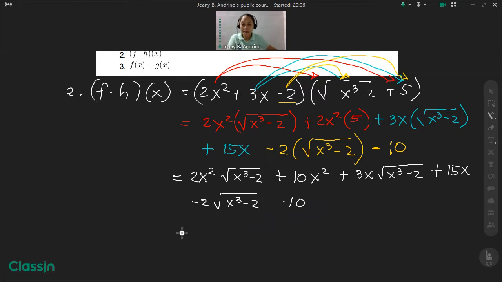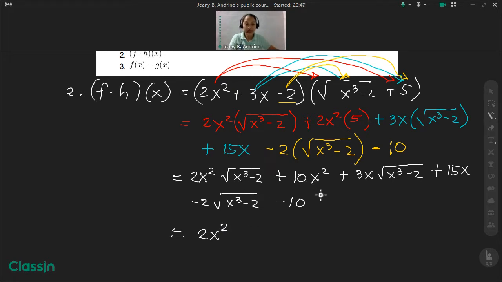So looking at combining what we can combine, the highest exponent is 2. So you may start with this one here, the 2x squared, and also with the square root of x cubed minus 2. We cannot combine 2x squared and the 10x squared in there because of the radical expression that is attached to 2x squared. They are not the same term with your 10x squared. So do not combine them. Just copy